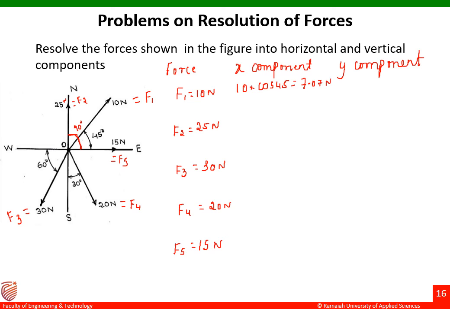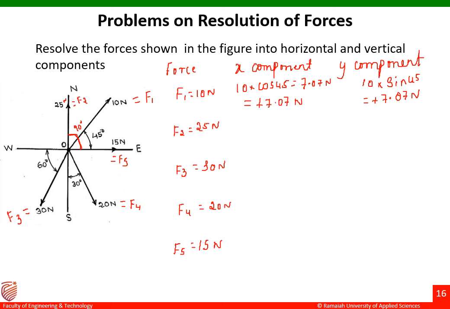We are going to get the answer as 7.07 Newton. Let us write the sign for this. You can see F1 is falling in the first quadrant. That means x component and y component will be positive, that is plus 7.07 Newton. Let us go for the second, that is the y component. F into sine 45. You'll get the answer as 7.07 Newton. Again it is falling in the first quadrant, so the answer would be plus